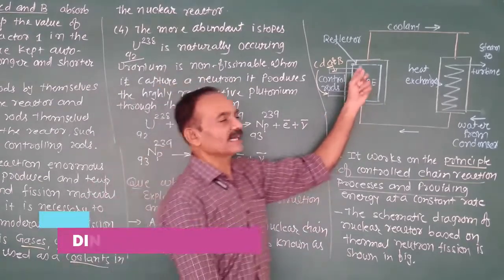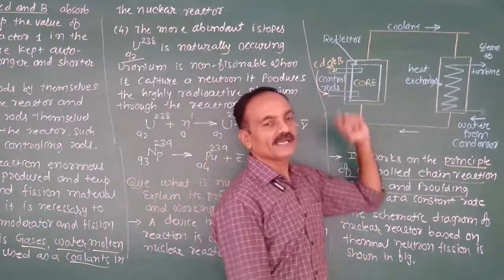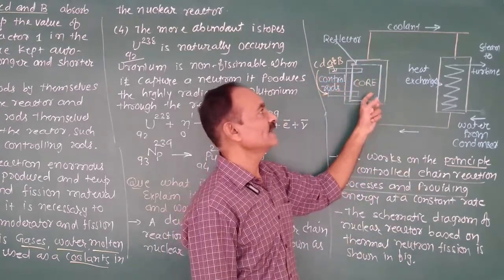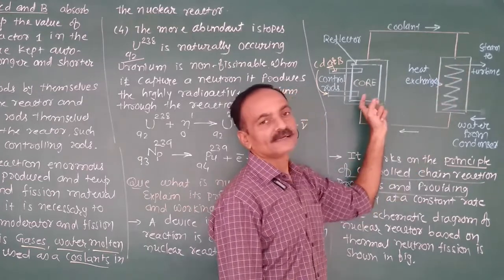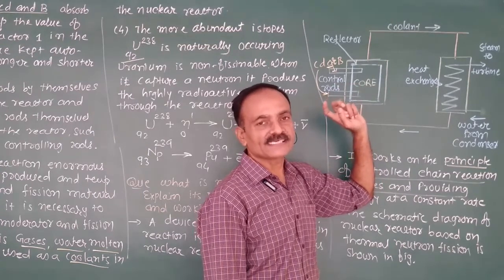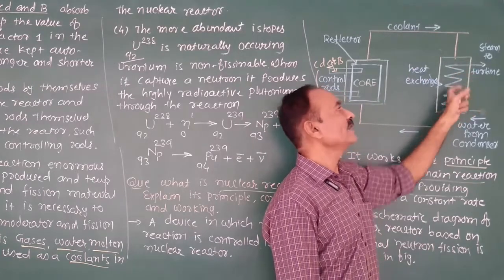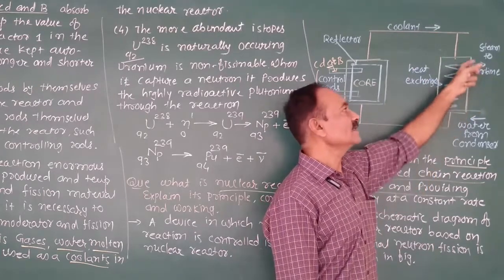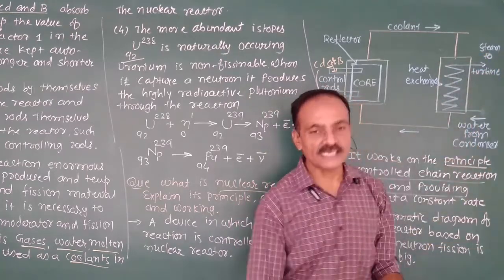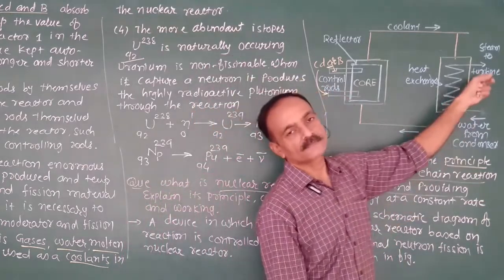Okay. During the fission of uranium nuclei in the core region, a large amount of heat is produced. To cool down the moderator and also the fission material, tubes are arranged in such a way that the coolant passes through the reactor to decrease its temperature. And this heat is taken out in a cooling tower. Another tube is arranged in such a way that the steam is given to the turbine.